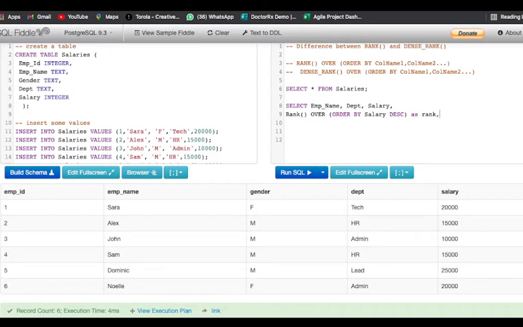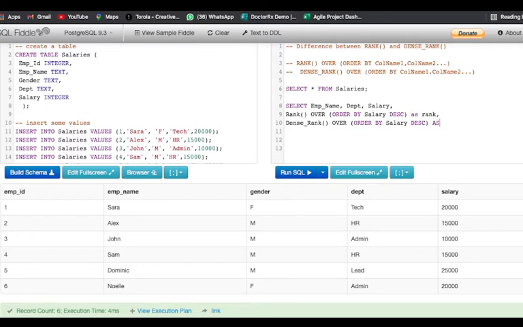Now coming to the dense rank function, I'll use it in the same query so I can show you the difference between both of them. I'll write dense rank, parenthesis, over, then we are going to order this by salary, and don't forget to write the DESC keyword because we need to find the highest salary, and we don't want it sorted in ascending order.